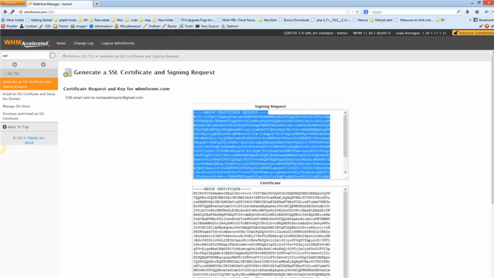You'll always use the cPanel. They actually have a drop down for the web server you're using. It'll say Apache, Plesk, Ensim, a few more, and cPanel's in there, and that's what you'll choose. You'll paste this, finish that process,